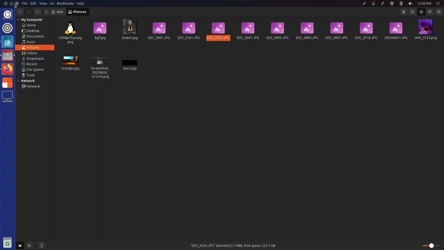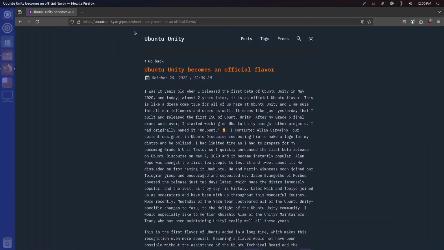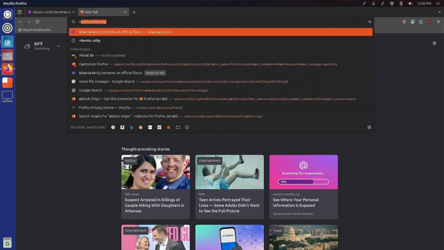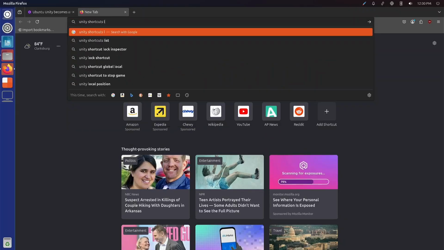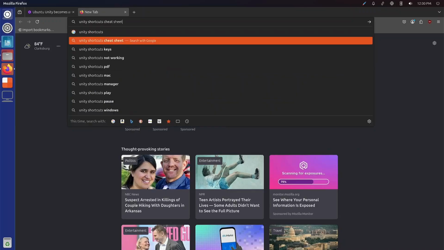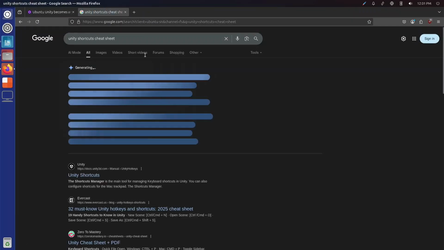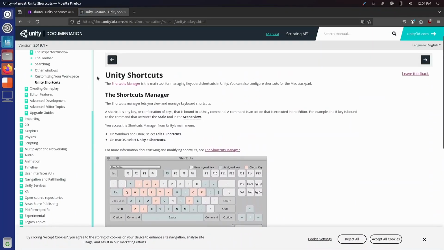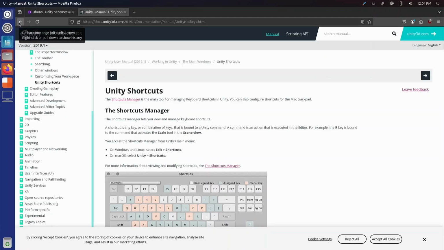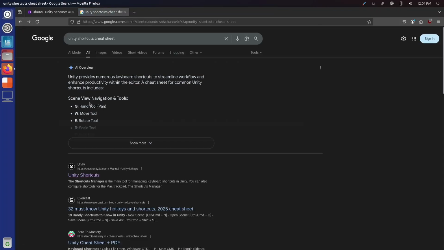Oh, what was that shortcuts thing? I forget. Let me see here. Unity shortcuts list cheat sheet. Yeah, I think that's what it's called, a cheat sheet. Unity shortcuts. This is the game engine Unity, which you should not use. Do not trust them.